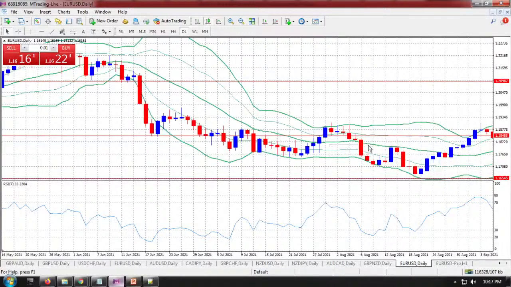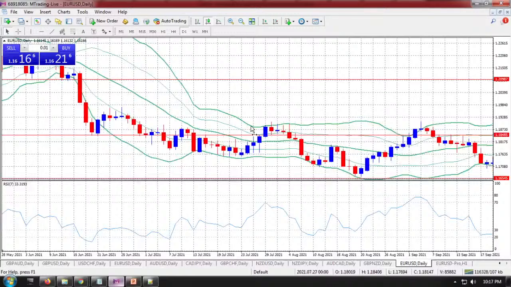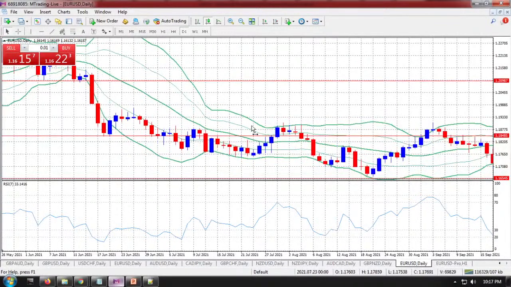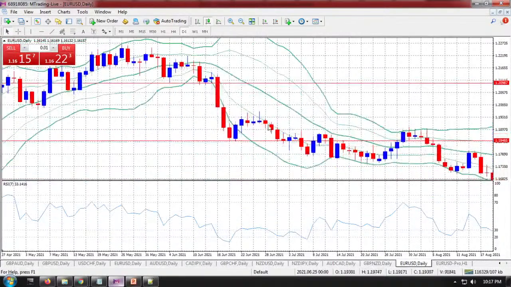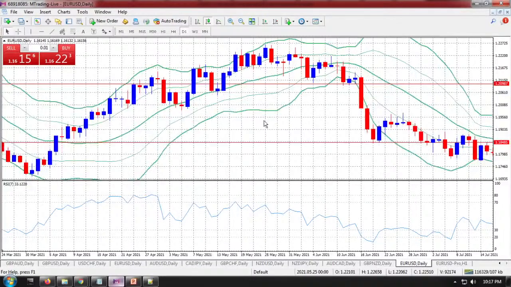All right, so what you just need to do is wait until you see a pattern. It's not good for you to just try to force yourself to take the trade. So it's not too good. You need to ensure you take your time. All right, so this is another one.